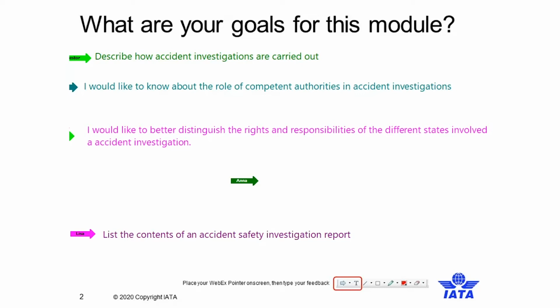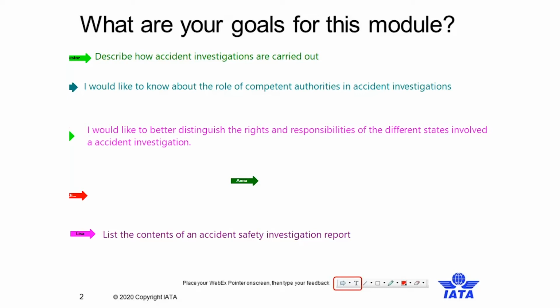Lisa is saying, list the contents of an accident safety investigation report. Yes, it's very important for us later on to look at what goes into a report. Areas like the synopsis, the analysis part, which is the main body, and also recommendations, and what goes into the appendix. Perfect, really good. So thank you very much, guys. So now